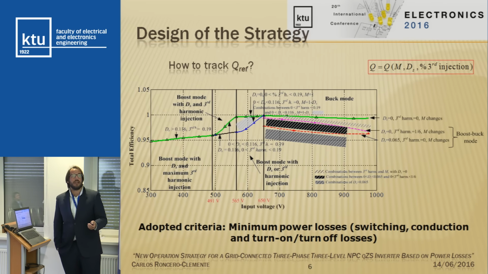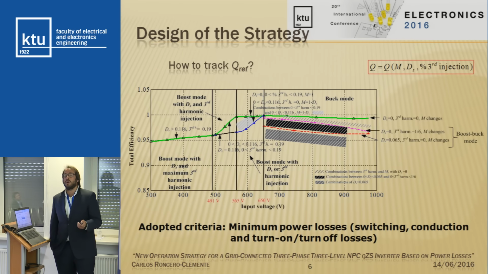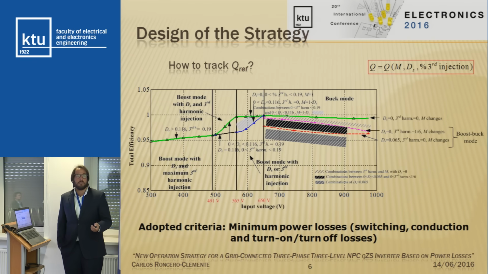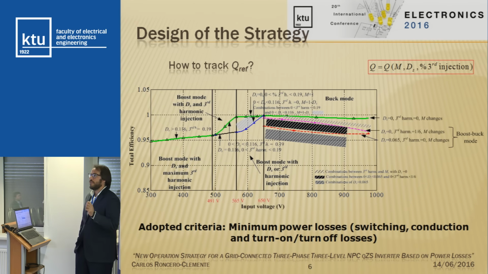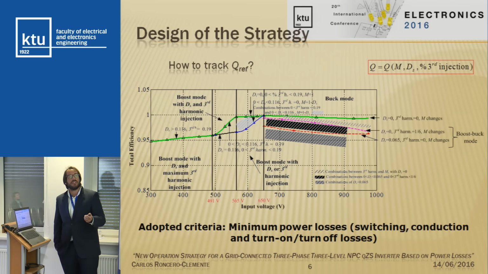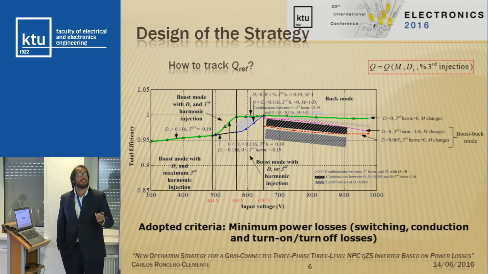In the next interval, it's necessary to boost the input voltage, because we cannot connect our system directly to a 325 peak volts distribution network. And the best way, the optimal way to operate is by injecting the maximum value of the third harmonic injection and also changing the modulation index. When we get this value, 491 volts, we cannot operate our system properly, and it becomes necessary to boost the input voltage by means of the shoot-through stage, and we can see how the efficiency decreased